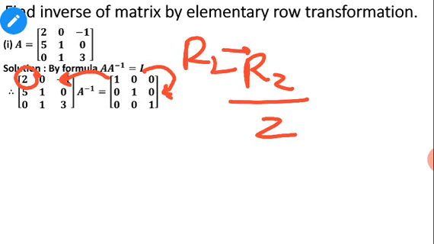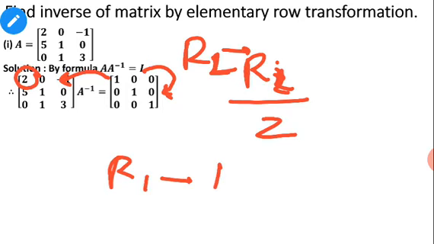Only, but if you remember in the last video I told you that as much as possible try to avoid the fraction. Okay, because when we go in the fraction, the chances are more that the calculation will become wrong. So that's why I am not doing this operation. Is there any other operation we can do so that it will become 1? So yes, I have one operation that I can do. R1 divided by 2 it will be, not R2. Okay, because I am talking regarding the first row.